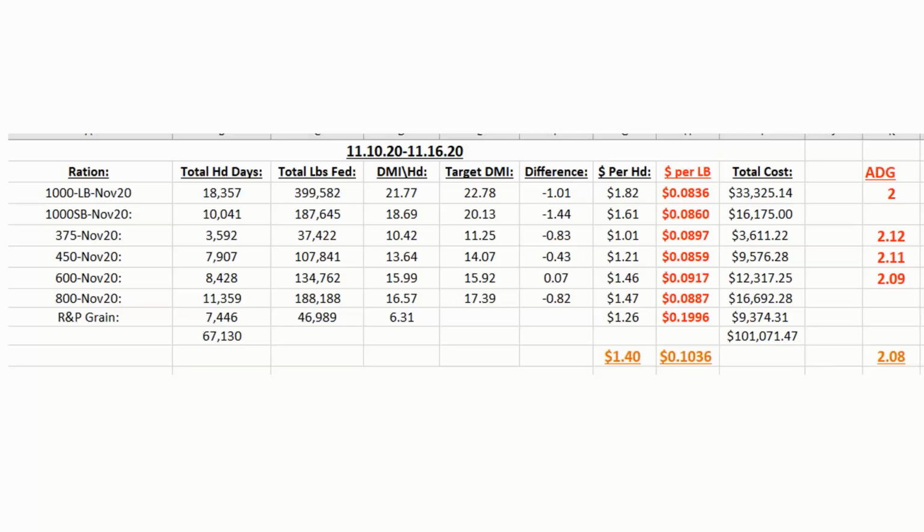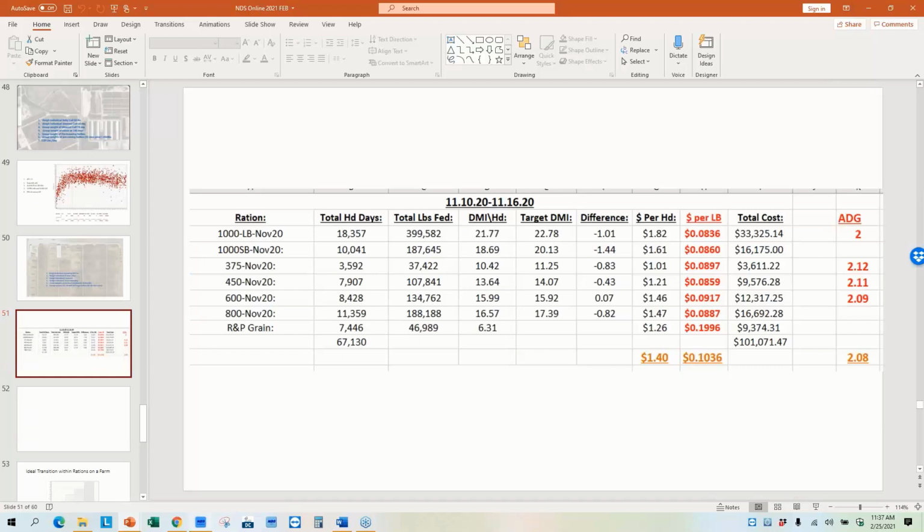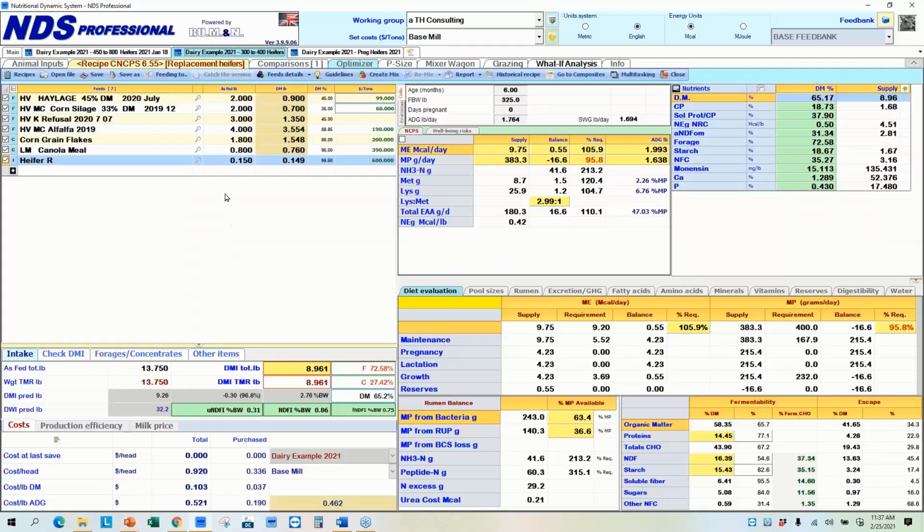We don't want them chasing every pickup that drives by, but they're okay because we have targeted the amount of intake to gain that 1.8 or 2 pounds of daily gain a day. So we're able to collect some of the data from some of those farms, and that's what's fun, is going back to the model. And what I did, part of the issue with using this on smaller groups,